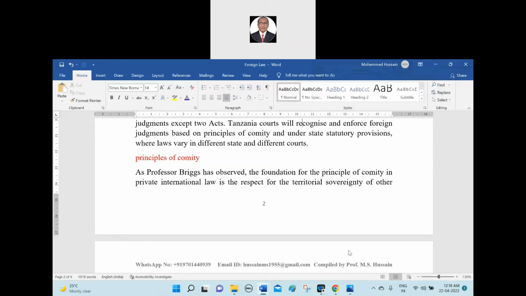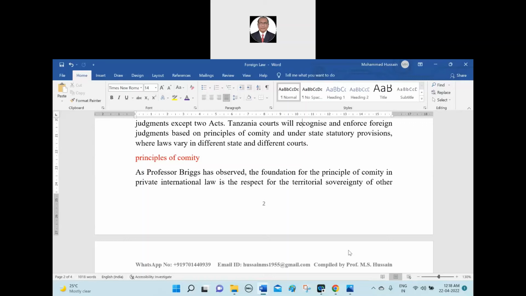Court of Appeal. So naturally, the apex court decision will be given respect, and there we can use the recognition and enforcement of the foreign judgment, because it is the apex court which gives the judgment in Tanzania, the Court of Appeal, and in India it is the Supreme Court. So it depends upon the court of the case. We can directly take the Indian judgment to apply in the